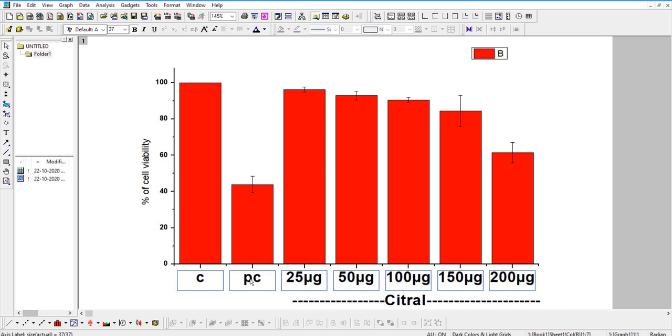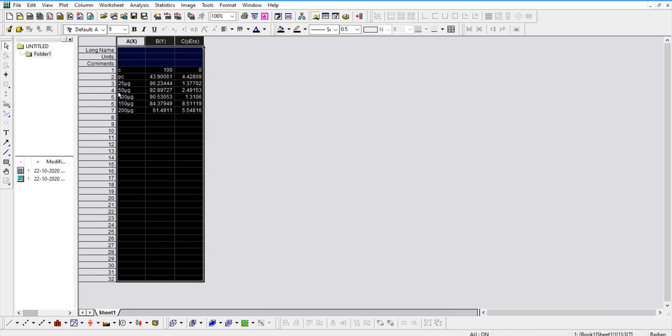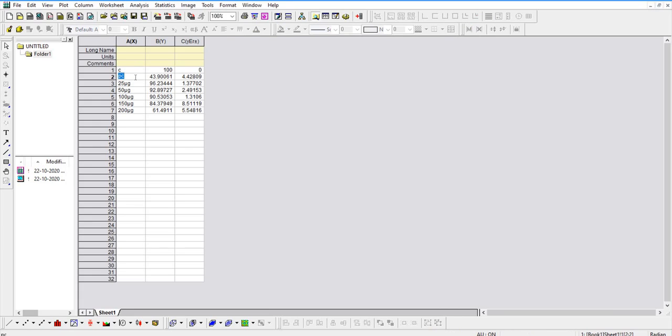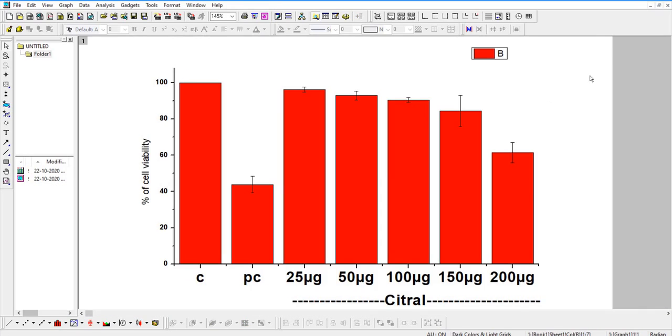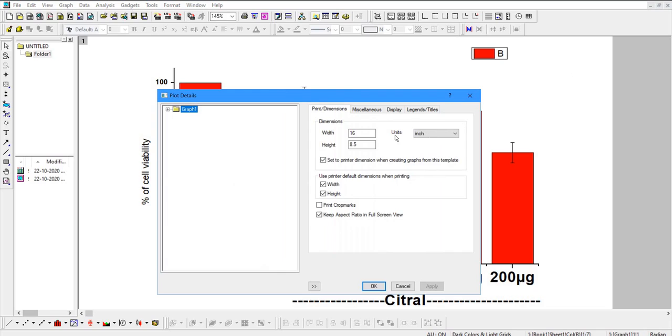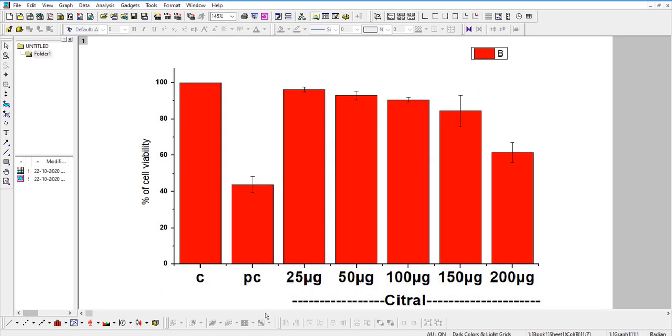The positive control also you can change. But after this you can't make changes like control, positive control. If you want to change those namings, you need to go to the data box and change them there, and then come back here, press the corner double button, change the width values, and refresh, and then you can see the changes.